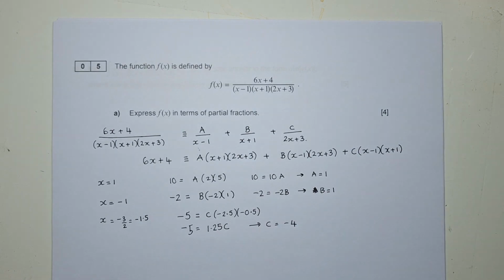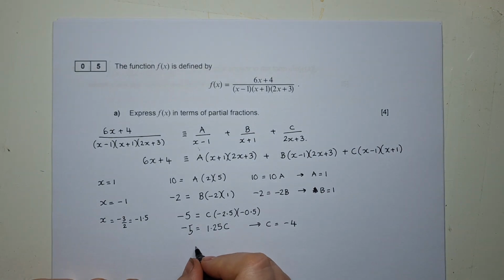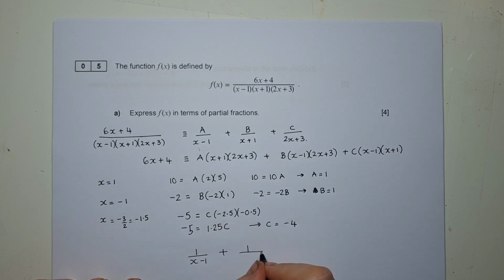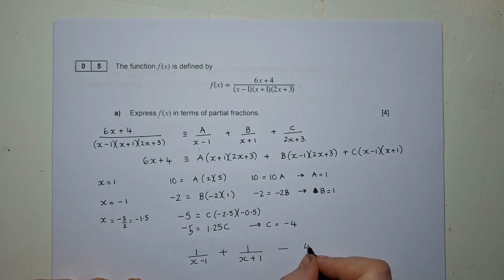So just to then write our answer, we have 1 over x minus 1. We have plus 1 over x plus 1. And then we have take away 4 lots of 2x plus